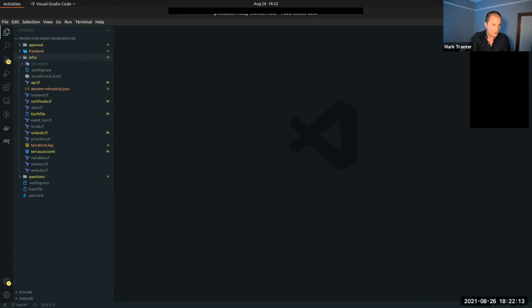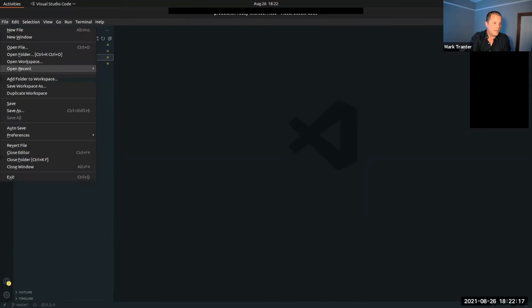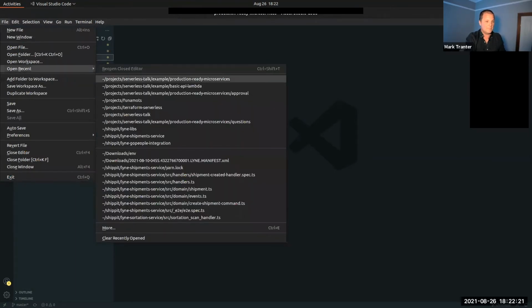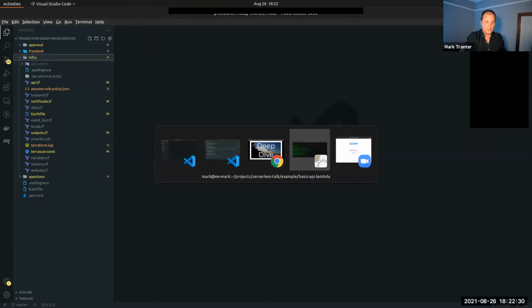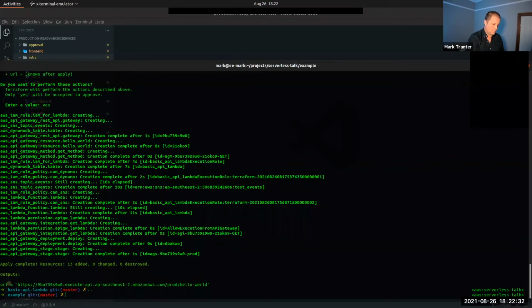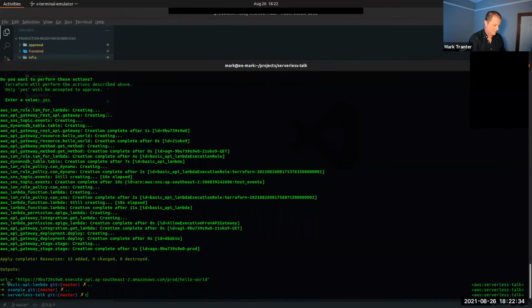But what I want to do is have a bit of a look at how we can take Terraform modules and create complex applications. Excuse me for 1 second while I dig it out.